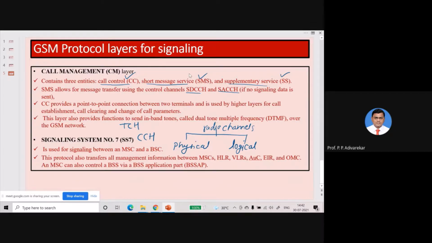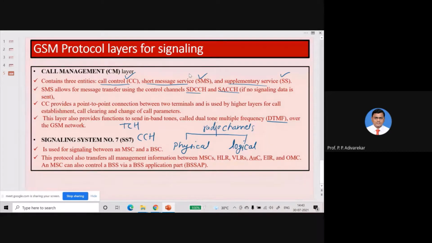This call control layer, or call management layer, also provides the functions to send DTMF tones.